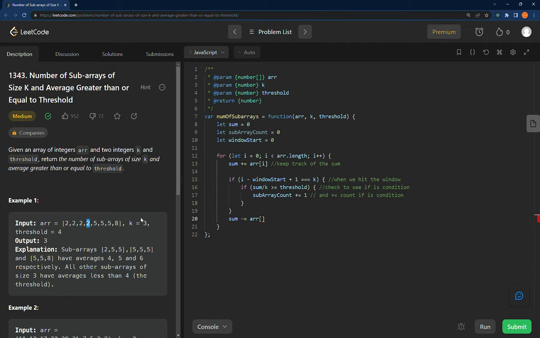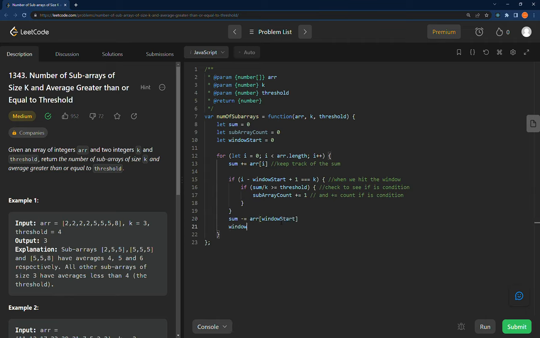The way we're writing this, it's always going to be 3 behind it. For this example, it's going to be whatever k is behind it. So this would be window start,